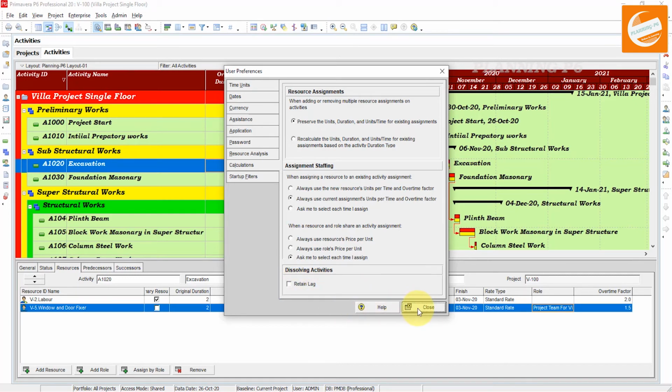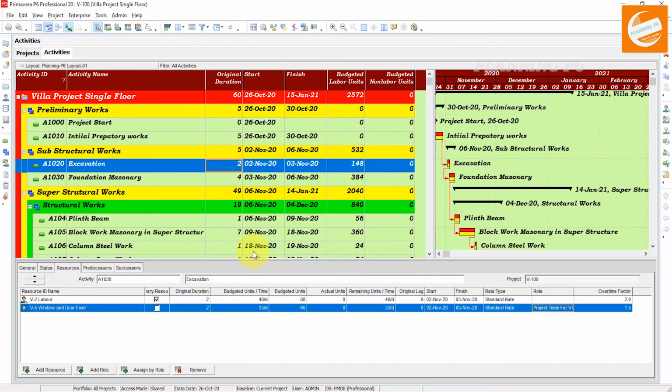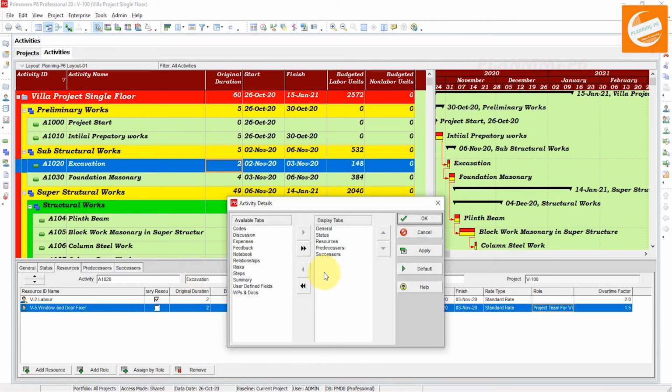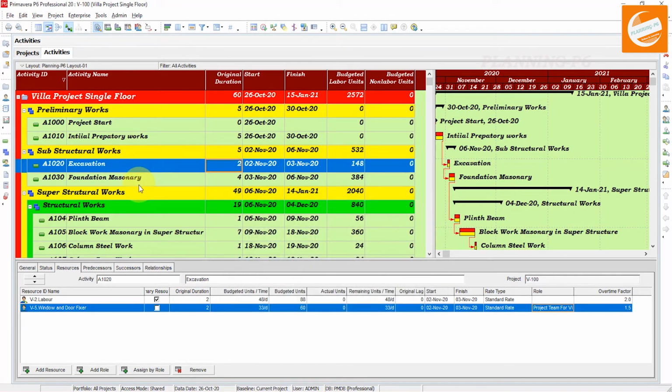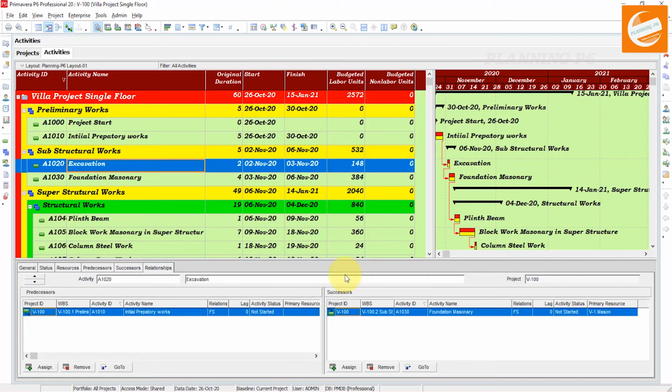Okay, close that one. Without unchecking that dialog box, I will show you. Just open here, customize that one, and add the relationship here. Relationships. Okay, okay. Now we can give the lag to the successor activity. How much lag do I want to give? 15 days lag here.